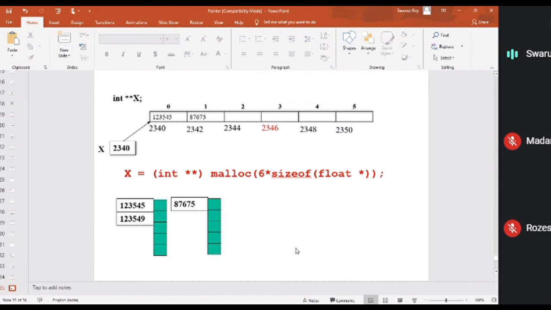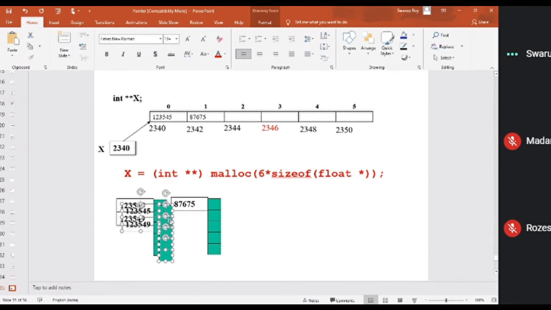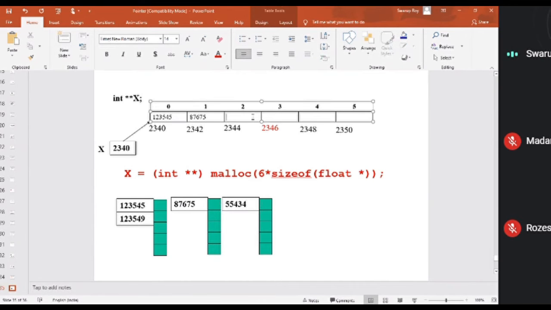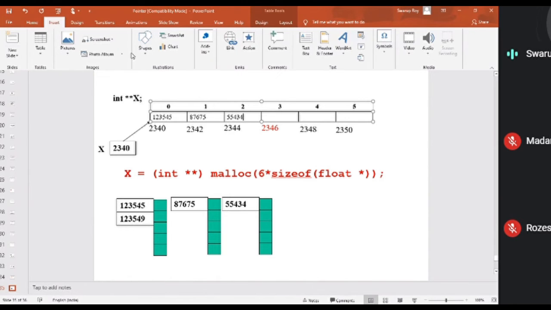Similarly, I can create one more memory, 55454, like that. This way I can do for the other arrays. I am going to create 6 such arrays, and I am going to store their base addresses into that particular array.